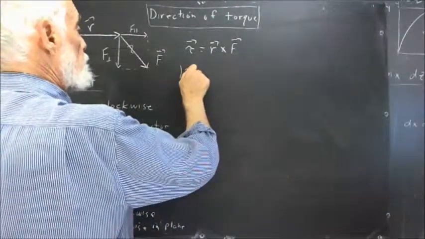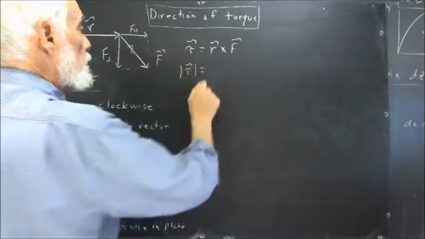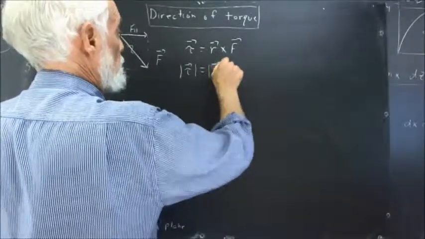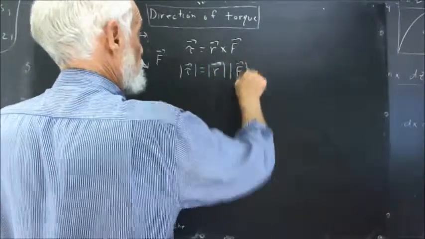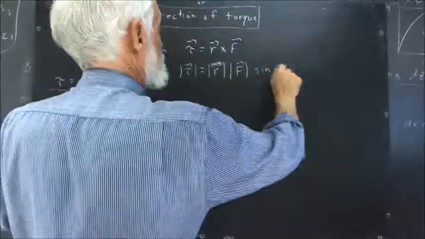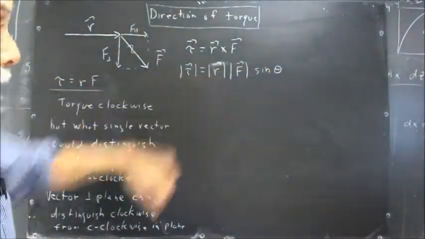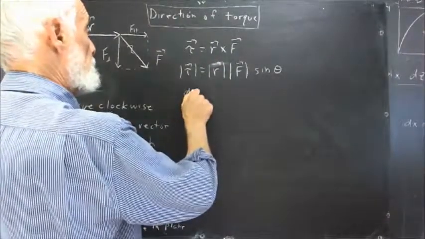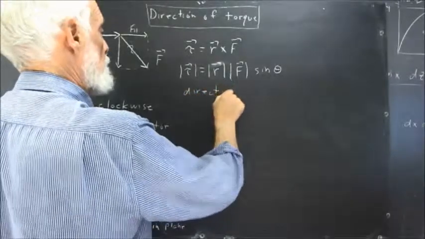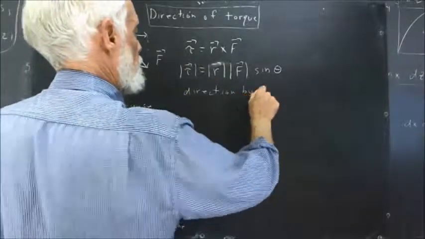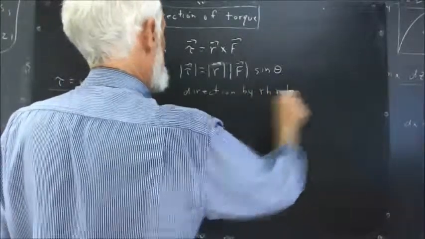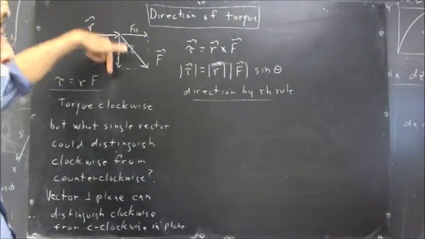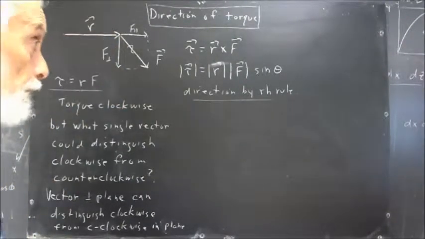The magnitude of the torque then equals magnitude of r, I'll be explicit about these magnitudes, magnitude of f times the sine of theta, where theta is the angle between them, the familiar definition of a cross product, and direction by the right-hand rule. Now that's equivalent to saying that it's r times the f perpendicular, the cross product of r with f perpendicular, because